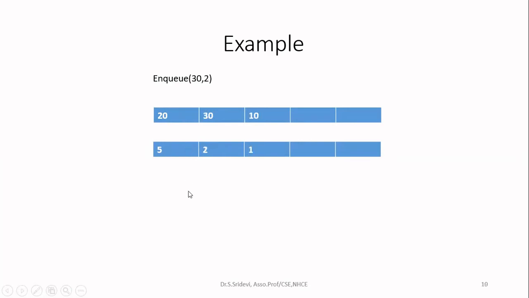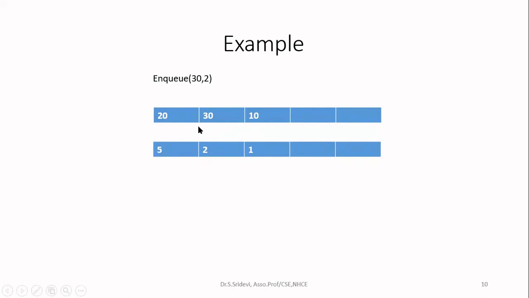Now, the next time I am getting 30, 2. If you see, previously we have priority 5 and 1. Now I am getting the new element with the priority 2. Now I have to insert them according to the priority only. Highest priority number should come in the front of the queue. So now 5 should be at the front. This 2 is less than 5, so I have to insert 2 after 5. But it should be inserted before 1 because 2 is greater than 1. Now see this priority and insert them accordingly so that you will maintain a sorted list of priorities.